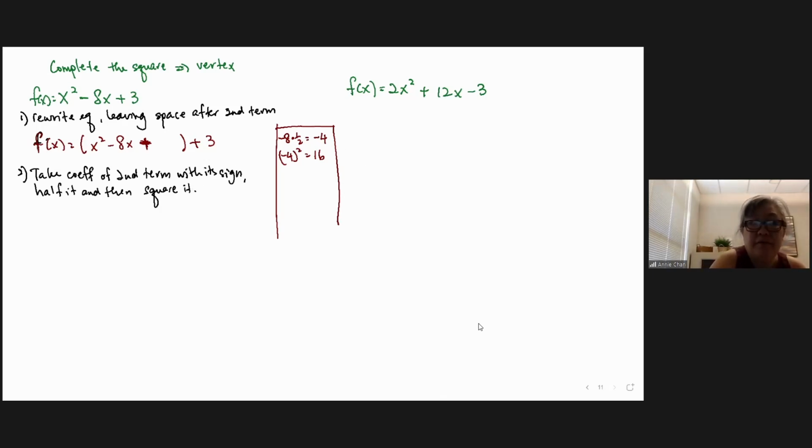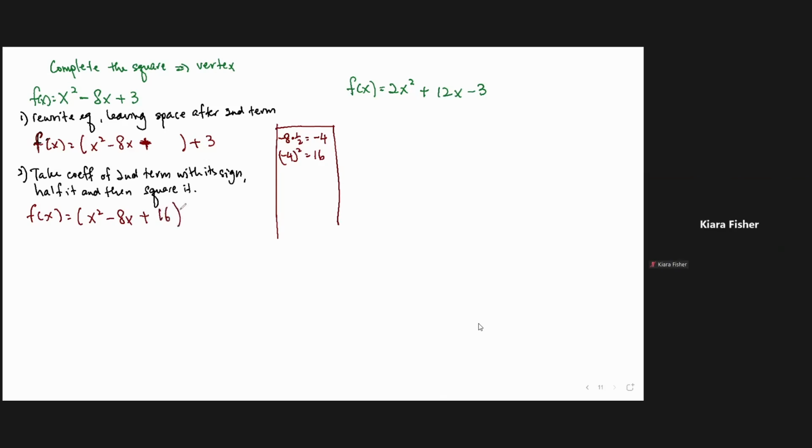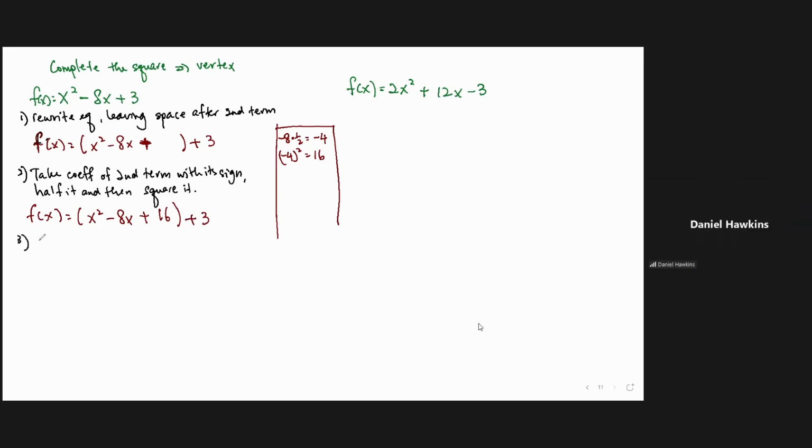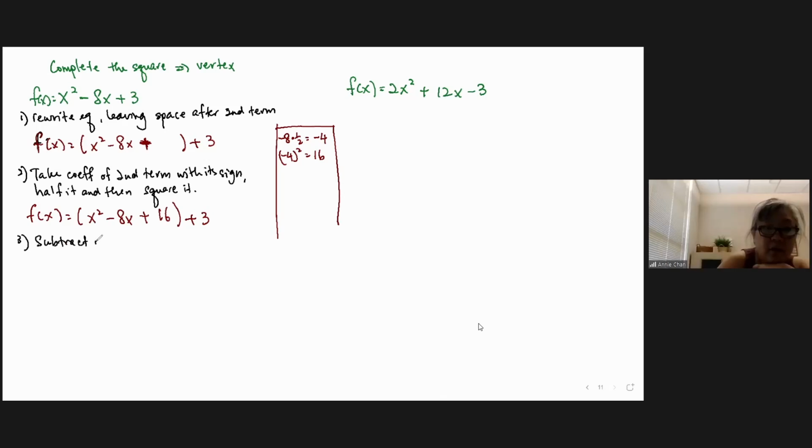So then I will have f of x equals x squared minus 8x plus, do you want to write 16 or do you want to write negative 4? 16. Then plus 3. So then my next thing is to make x minus 4. Subtract what is added